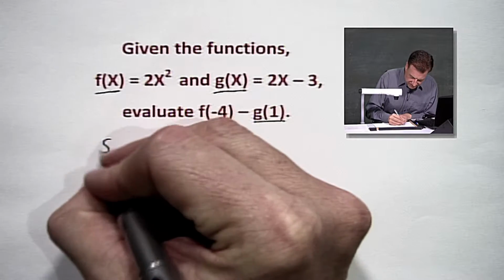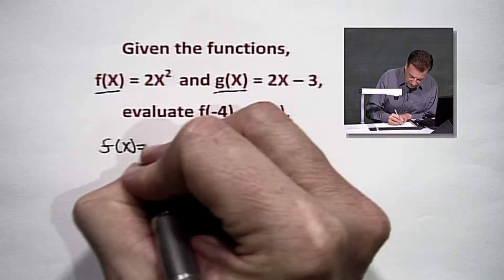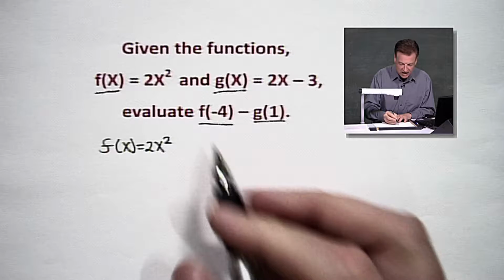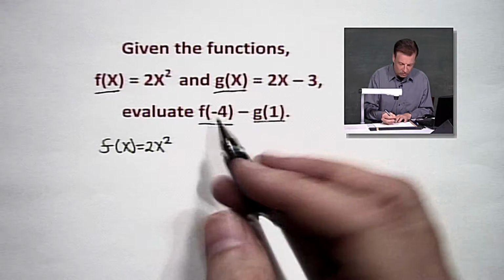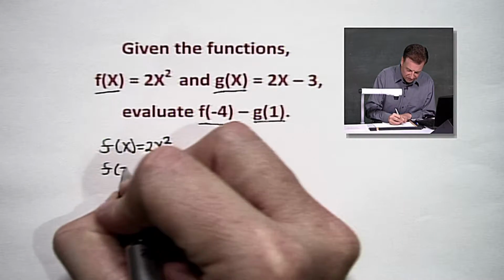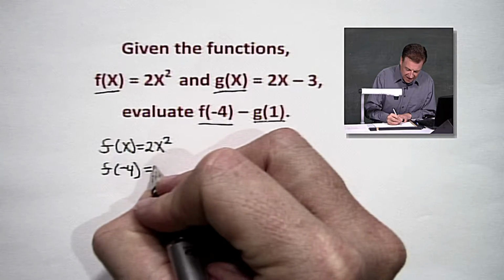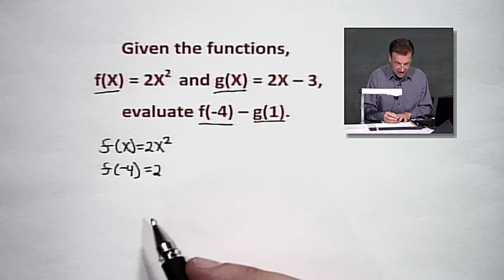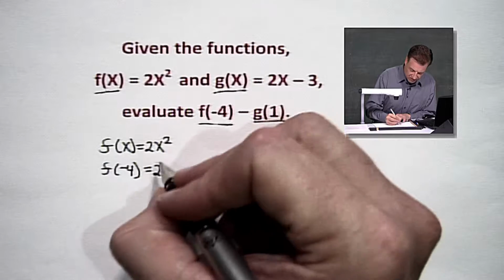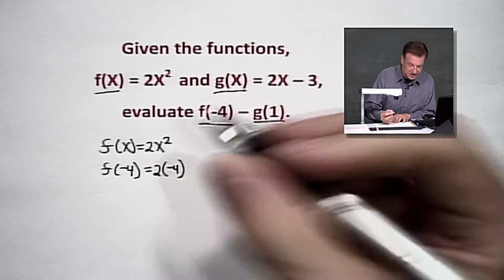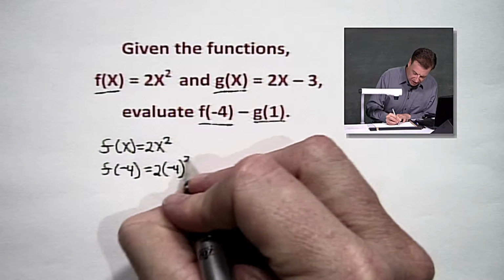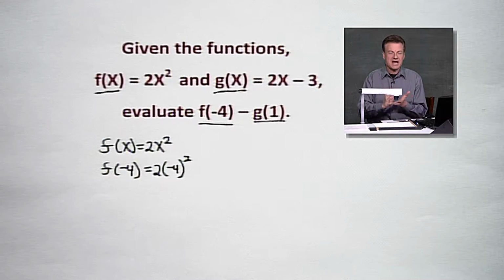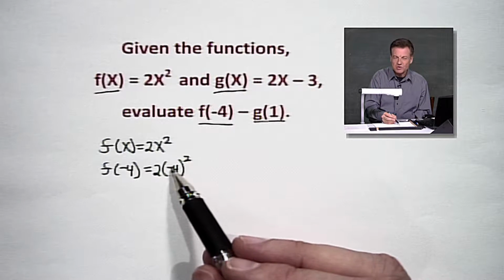So first of all, we've got f of x equaling 2x squared. And I'm going to put in a negative 4. What I want to do is put a negative 4 in for x now. And that, dear friends, is going to come in a way that the negative 4 is substituted, just simply replaced, which means we're going to put a square. Now notice I put a parenthesis around it because I want to make sure that we also square that negative